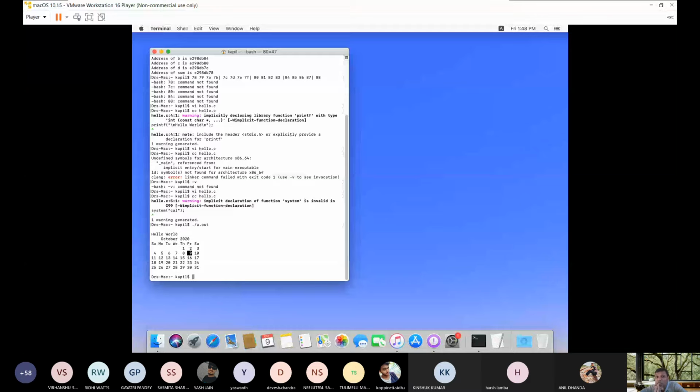Despite the error, nowadays compilers are really very smart. It is written that implicit declaration of function system is invalid, and yet it has compiled. Why is a.out written? Because a.out is the default executable file if you are not writing -o after this.